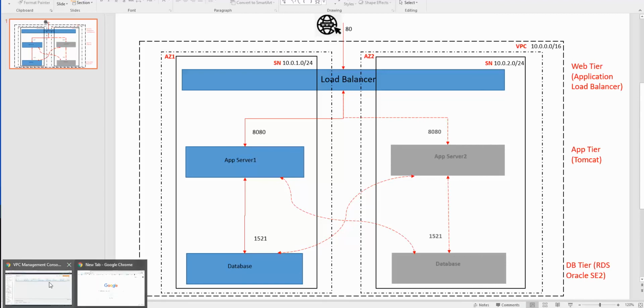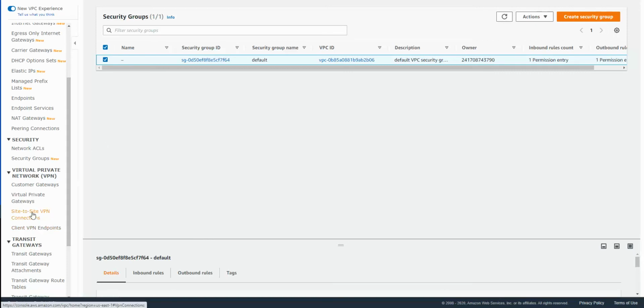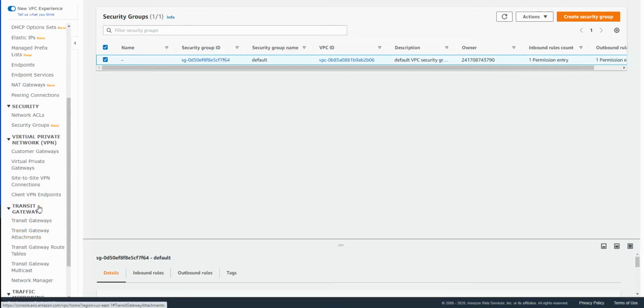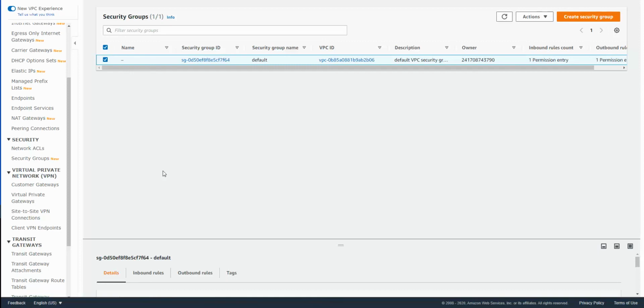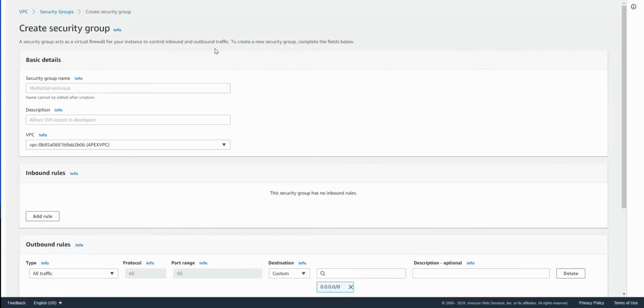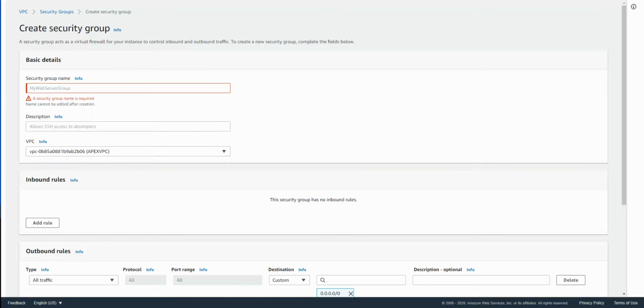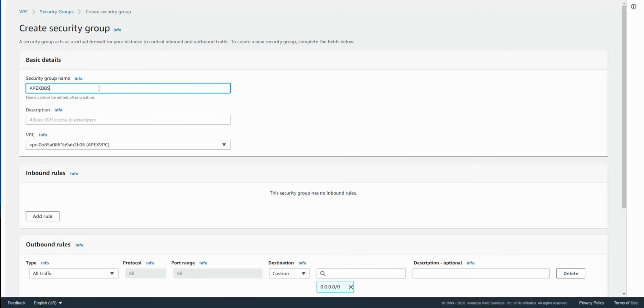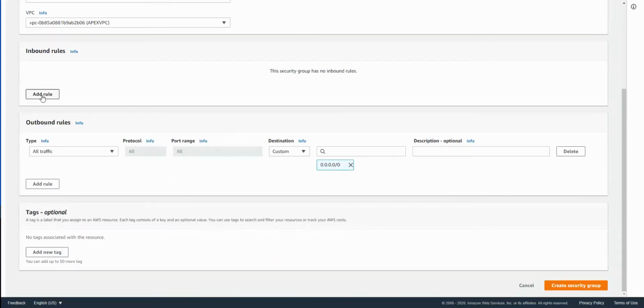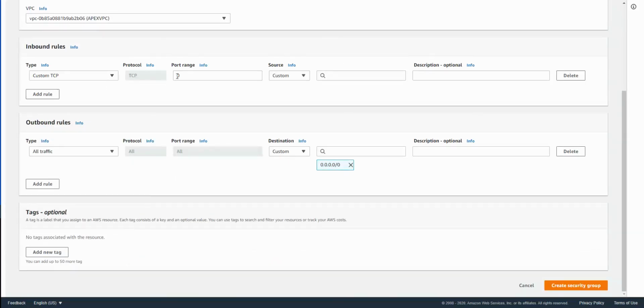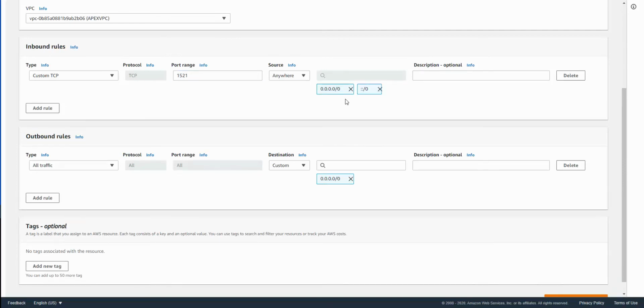Okay, so let's go ahead and create the security groups. We go to the security group section, and okay, all right. So, creating a security group. The first one we're going to call Apex DB security group, and let me copy the same thing here. The intention is to have only inbound rules from port 1521, right? So that's why I'm going to say port range 1521, and from anywhere. For now, we will put it as anywhere.